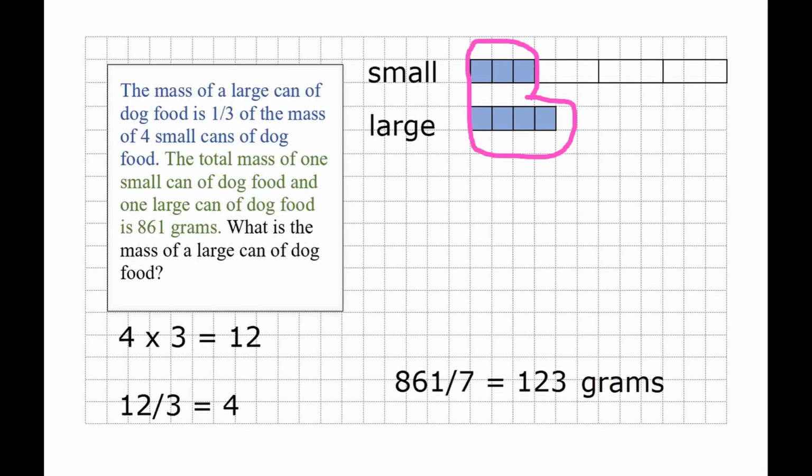And this is not a bad time to pause and reflect and genuinely understand where we are coming from. What we're trying to say is this: each square must have a mass of 123 grams. I want to know the mass of the large can, and the large can is made of 4 little squares. So let's see what we can do. So the mass of the large can must be